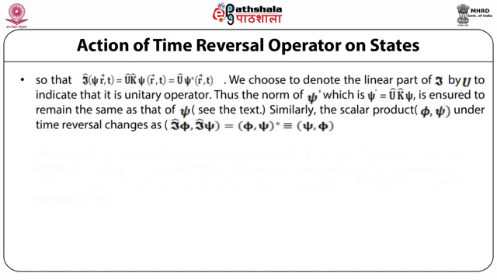This can be written as the time reversal operator acting on ψ(r, t) is equal to the linear operator U acting on the complex conjugate operator K acting on ψ(r, t),